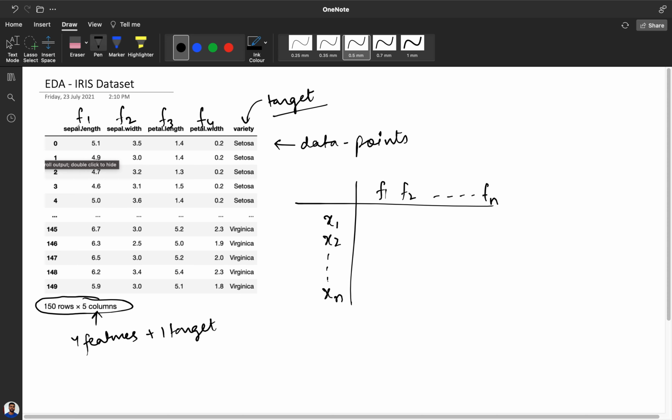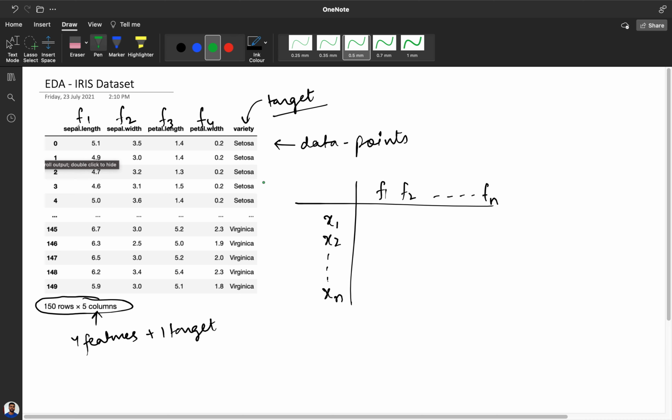You can see over here these are our 4 features and this is our target. The target is variety, the fourth feature is petal width, the third feature is petal length, the second is sepal width, and the first is sepal length. This will be our general naming convention which we will be using from this point.